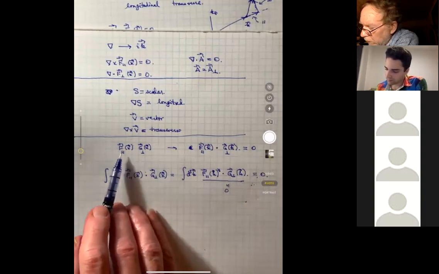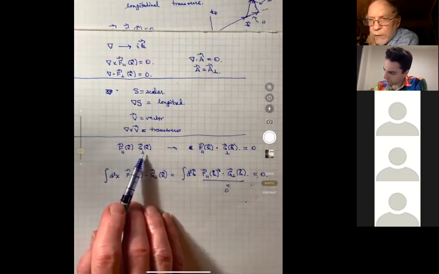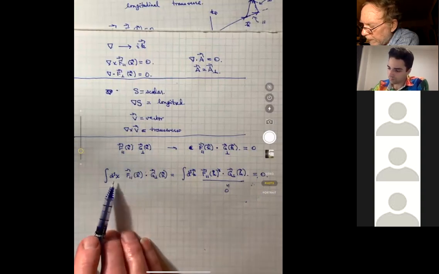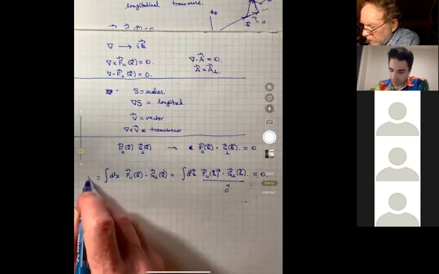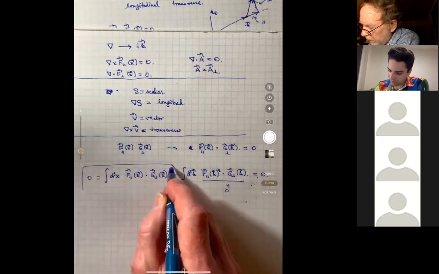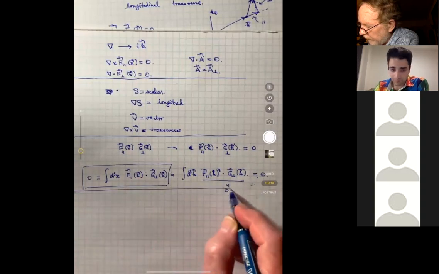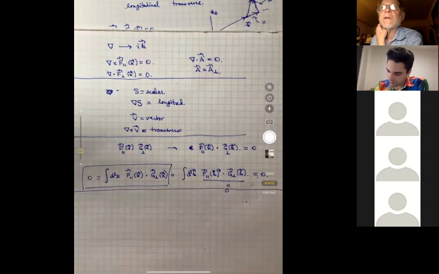So, although longitudinal and transverse vector fields in real space are not orthogonal to one another, if you take their dot product and integrate over all of space, the answer is 0. Let me put it this way. This is the corollary of the Parseval identity for longitudinal and transverse vector fields. All right, now,